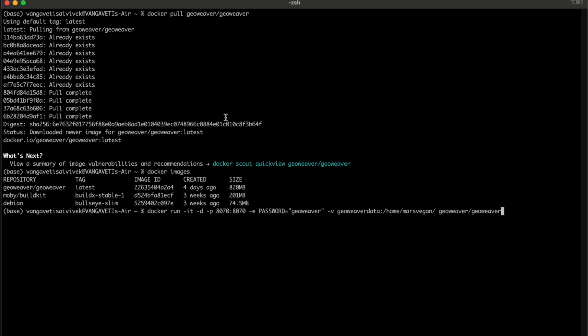Let's break down this command step by step. Docker run. This command is used to create and start a new container. The interactive terminal flag, which allows you to interact with the container's terminal. The detached mode flag, meaning it runs the container in the background. The port mapping flag, which maps port 8070 on your host to port 8070 in the container, making Geoweaver accessible